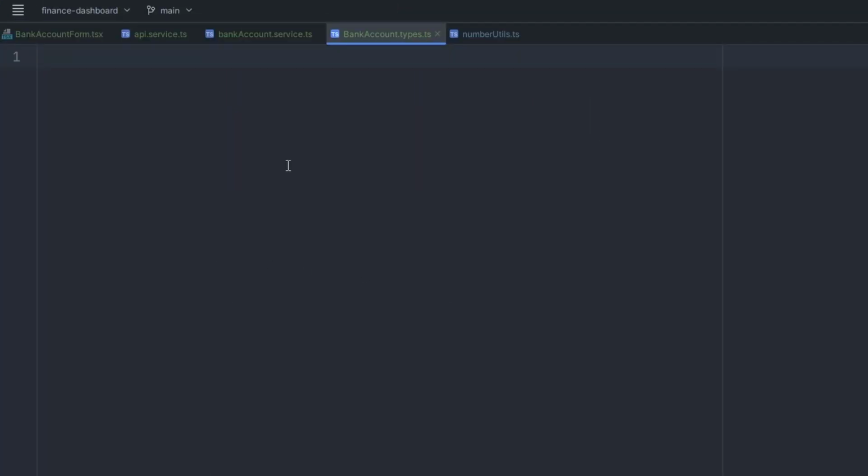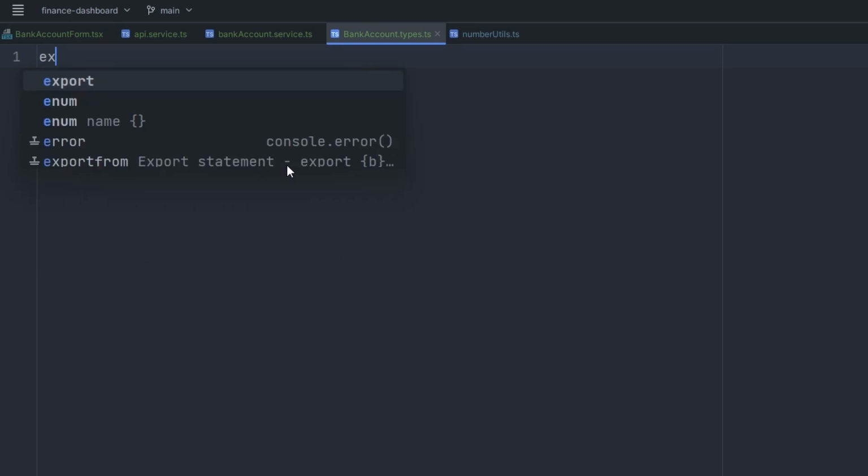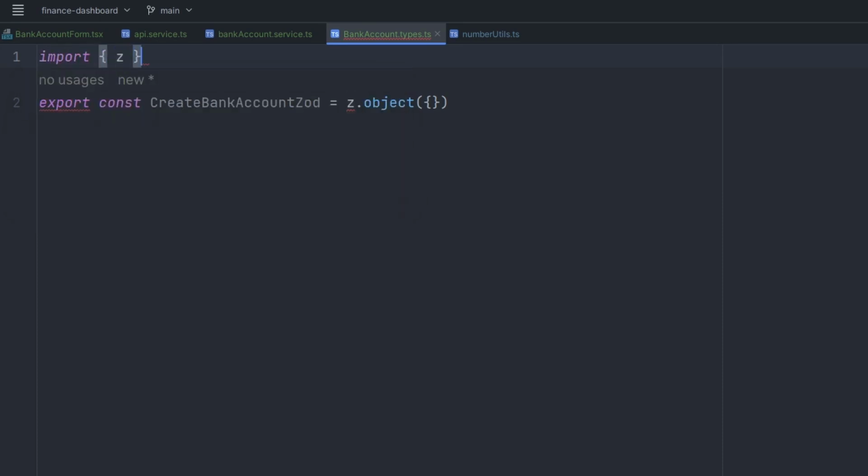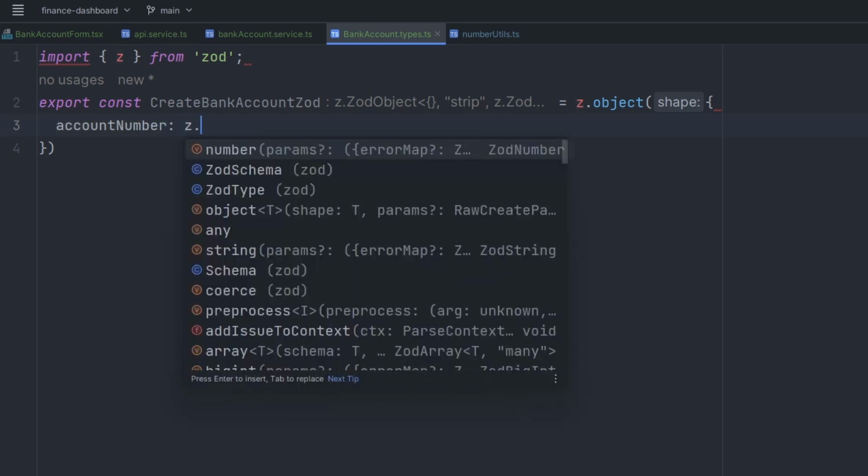In here we will need a couple of things. For the types, we will also use the Zod library, which will help us both in the backend and in the frontend. So let's say export const createBankAccountZod. It will be a z.object. Let's also import Zod, so import z from zod. As you remember, our create bank account needs to have an account number, which is a string, so z.string,